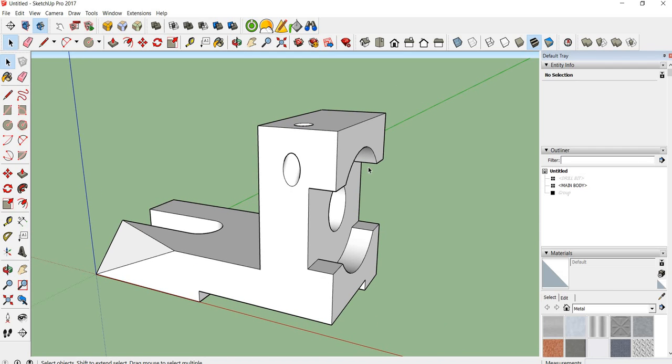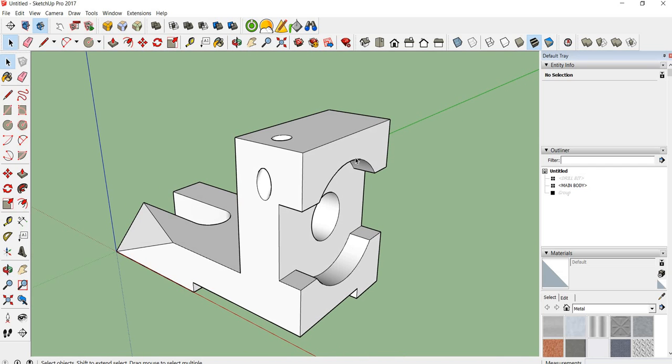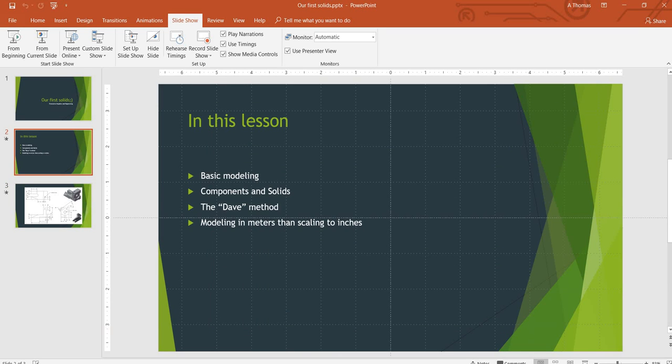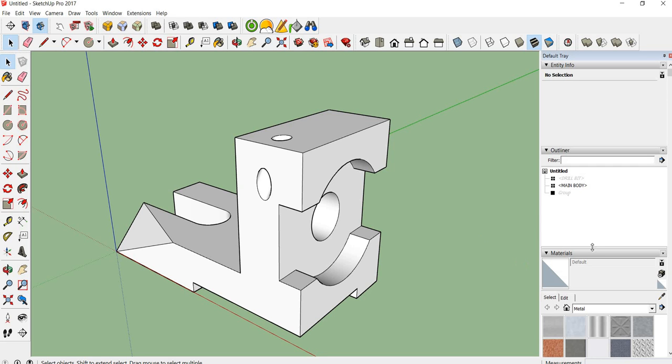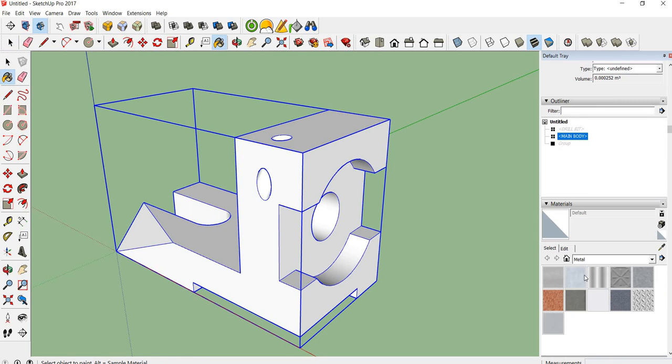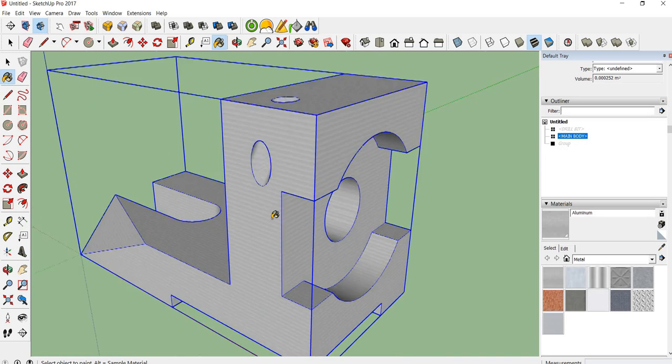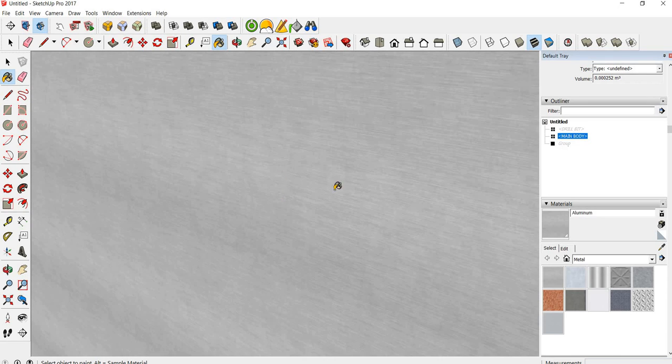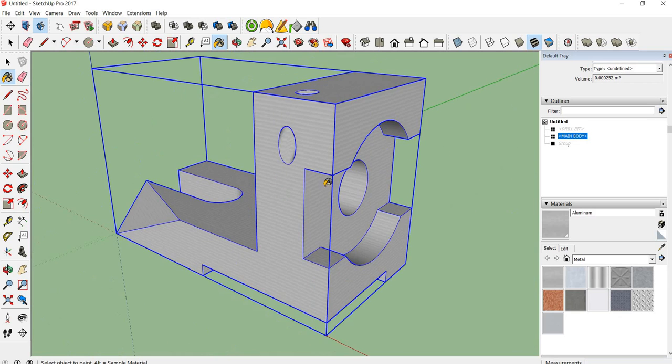Okay, now let's talk about some basic rendering here. Let's add a little bit more information to this video for you guys. So I'm going to go ahead and paint this component. I want to make it, let's just go with plain old steel. So now if you look at it, it looks really weird, and if we zoom in, you can see all these little square patterns and how it makes up